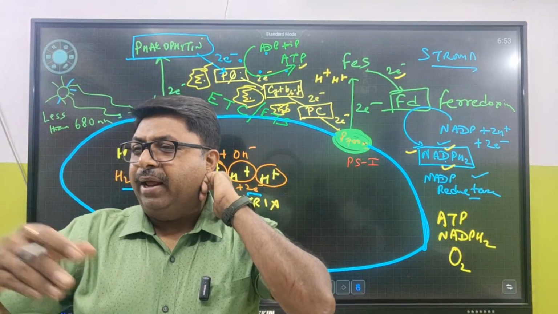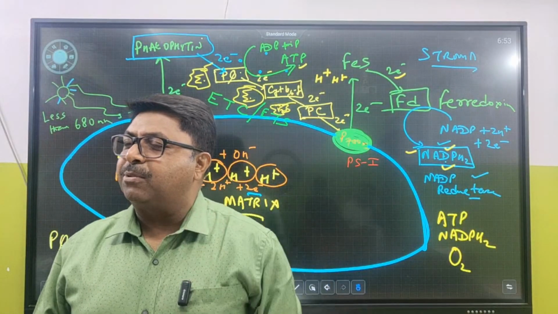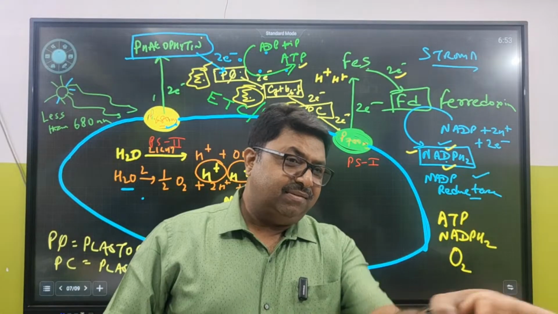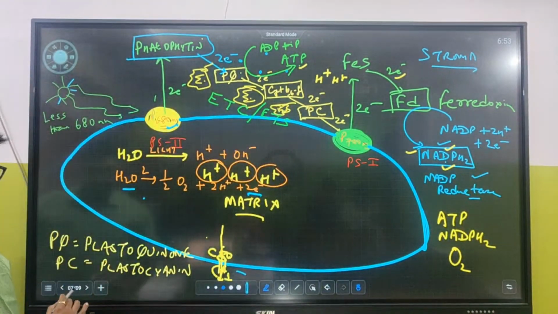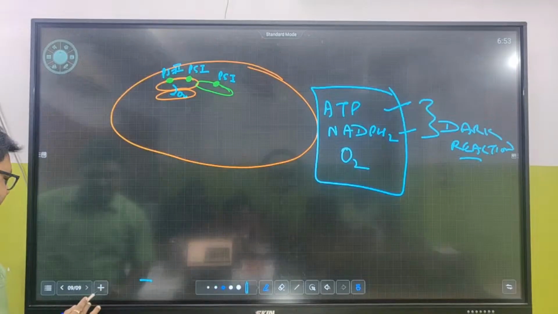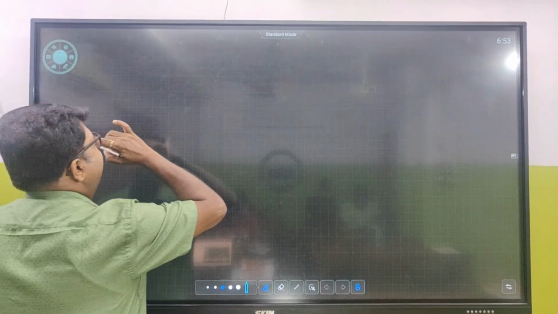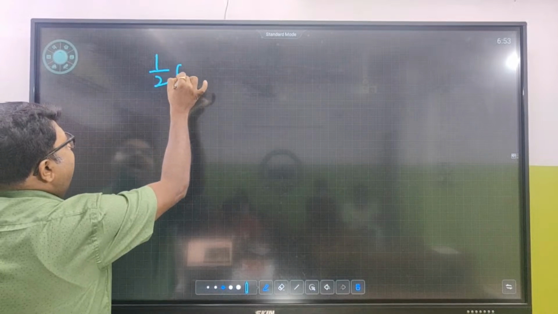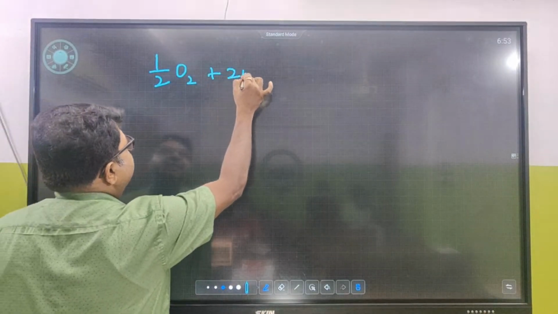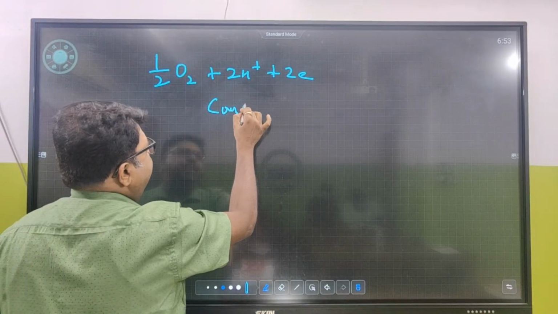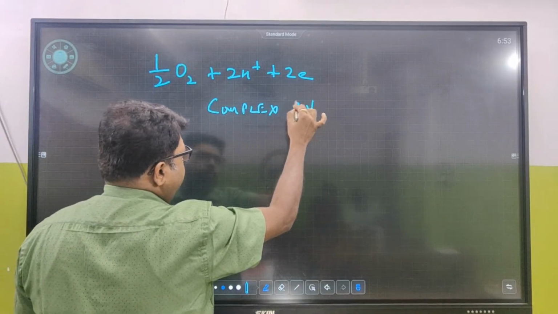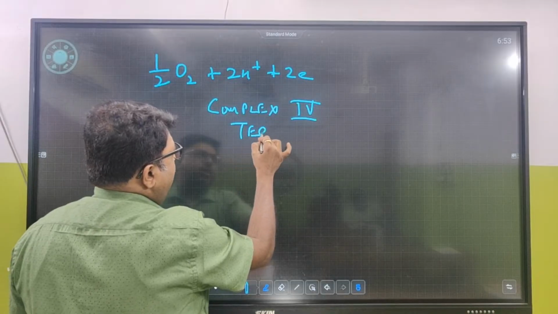That complex 4A in electron transport system, you can see the reverse reaction. ওই পেজে দেখ complex 4A, complex 4 in ETS. What you can see is the final fate of this electron in the chapter respiration in plants. You can easily see half of O2 plus 2H plus 2 electron in complex 4, which we call it as